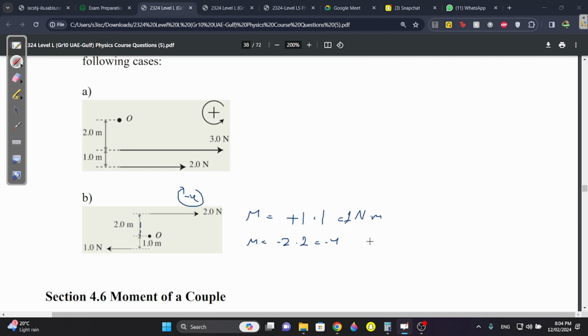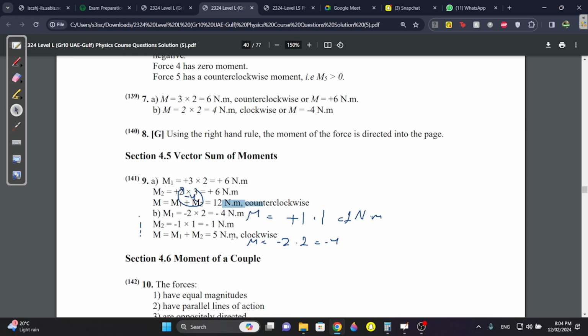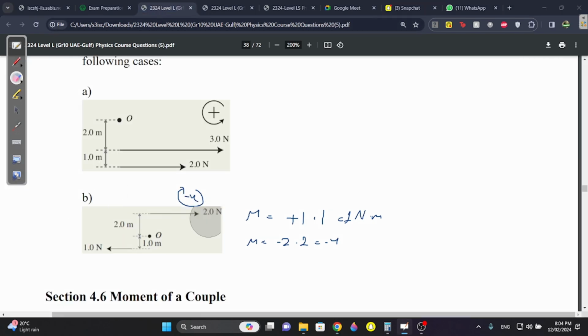The total will be 3. Why is it negative? I think I solved wrong. Minus 2 times 2, why minus 1? Goes like this, goes like this. Yeah. Sorry, my fault. It's not plus 1, it's negative 1, because